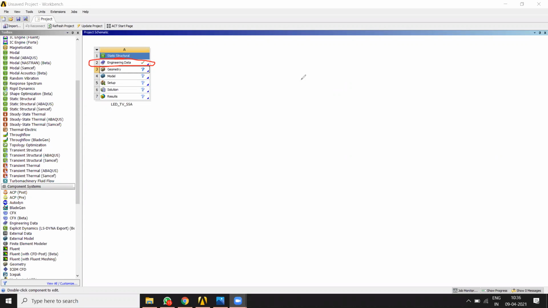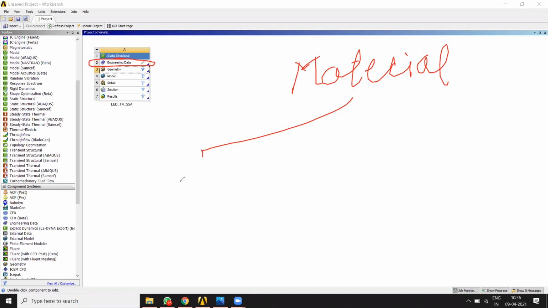For material, you are dealing with two scenarios. In the first scenario, your desired material is available in the library and it is not structural steel. It is some other material, but it is available in the library. So I'll teach you how to add a material from the library to the project.